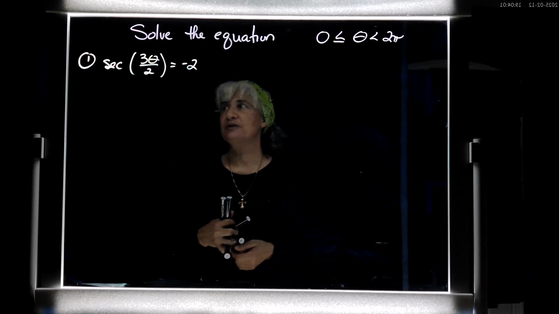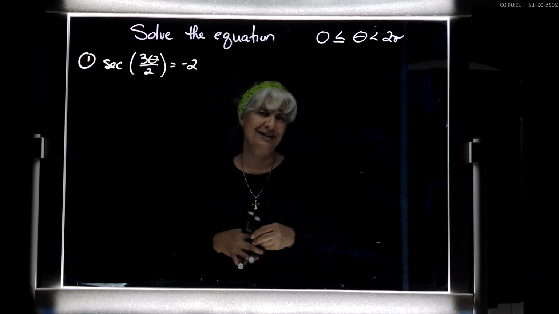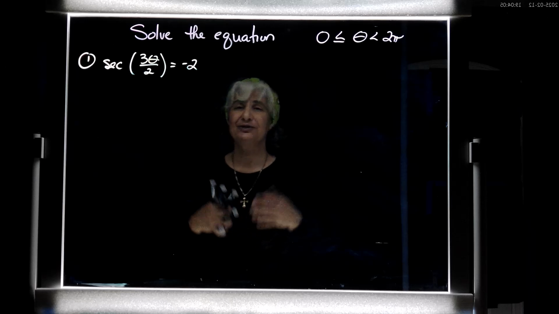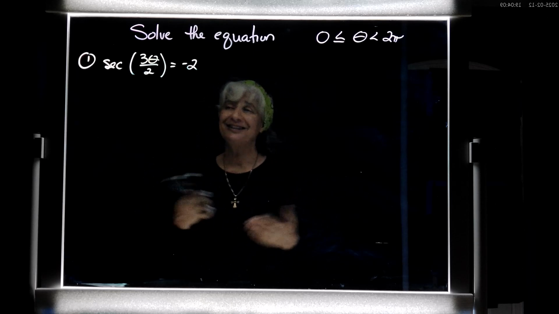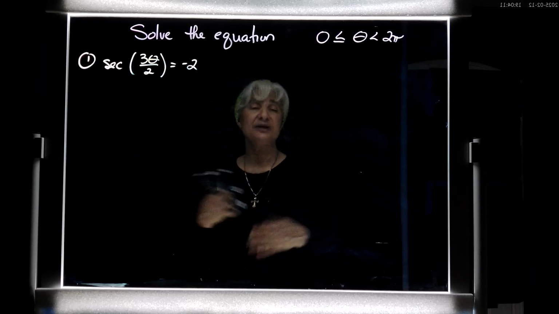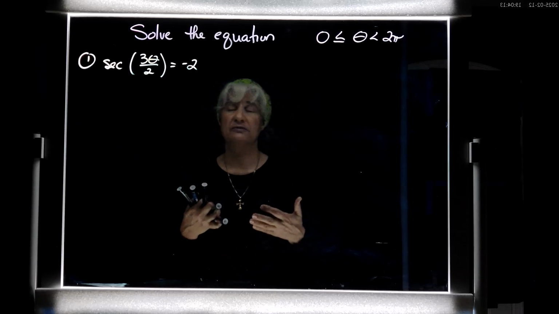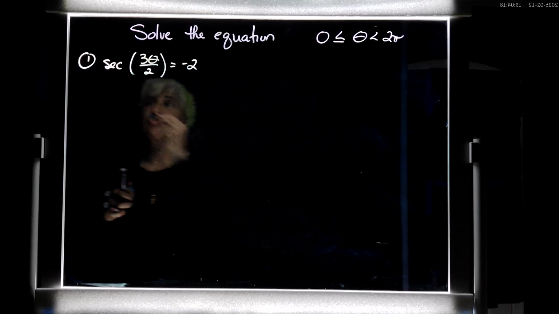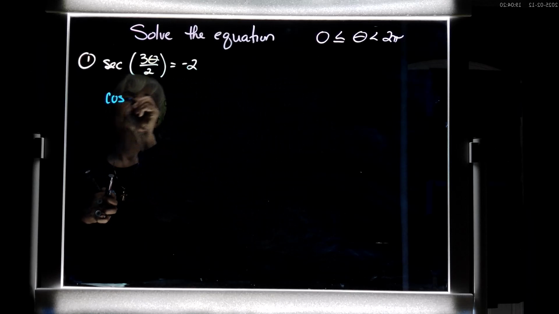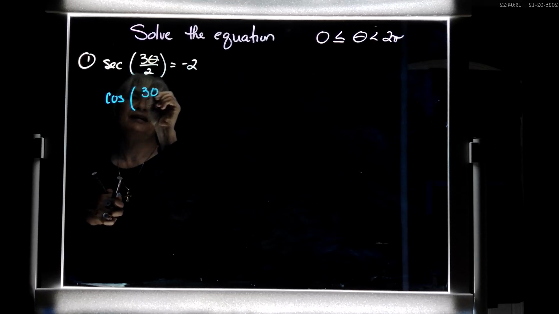Well, first and foremost, do we usually like to deal with secant? No, we usually like to deal with cosine and sine and tangent. Those are the 3 we work with most often, not their reciprocals. So that's a key word, isn't it? Reciprocal. So secant's the reciprocal of what? Yes, it's the reciprocal of cosine. So the cosine of this angle,